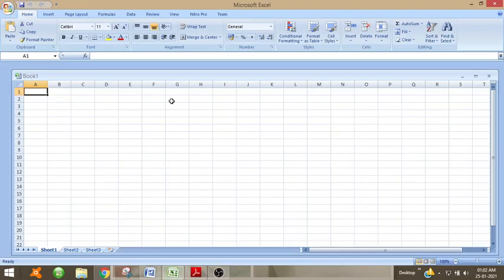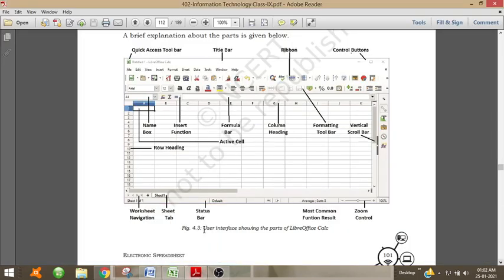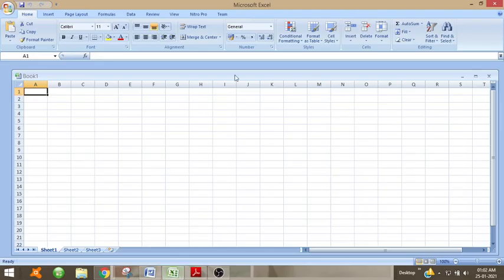So we have discussed this is the title bar. Then these are the control buttons and this is the ribbon.